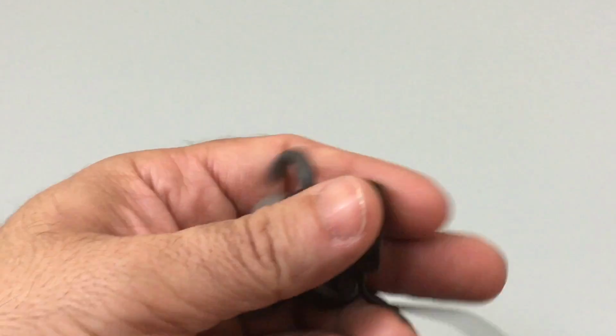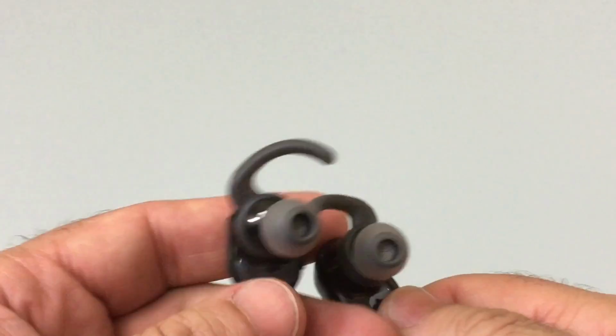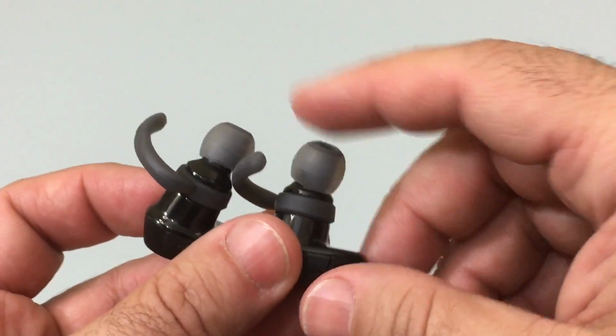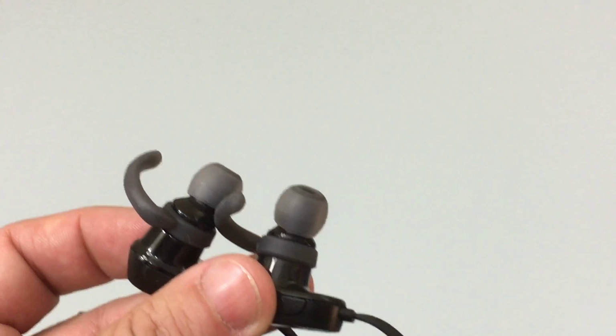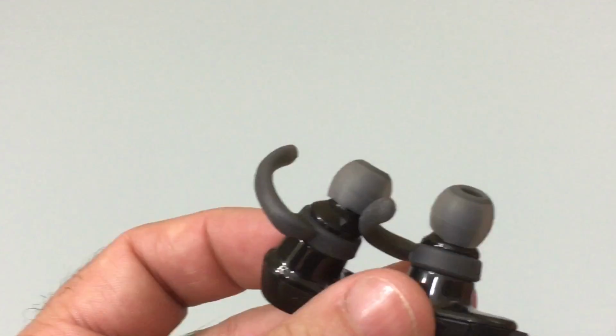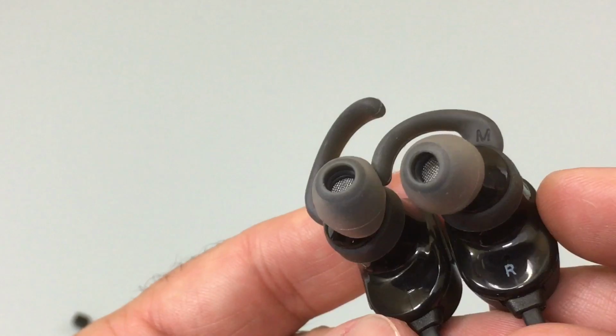It uses something called CVC 6.0 noise cancellation. I want to make sure you guys understand what that means. You're going to have passive noise isolation when you put this in your ear. The fit goes in your ear canal, and you're not going to hear anything when you're running. But the CVC 6.0 is about the mic capabilities, because these headphones do have mics, and they allow you to